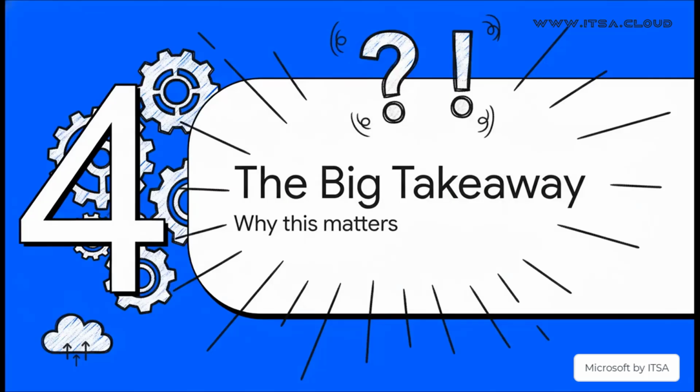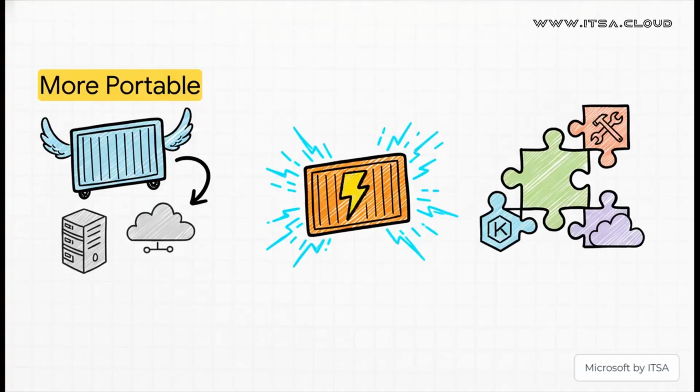So, after going through all these new features, let's just bring it all together. What's the big takeaway here? Why does all of this really truly matter? It really boils down to these three things. Windows Server 2025 containers are fundamentally more portable, finally breaking that annoying link between the container image and the host OS version. They are more powerful, ready to take on heavy-duty AI and database workloads while being more secure. And they are more integrated, with modern tools and deep Kubernetes support that just streamlines the entire DevOps lifecycle.